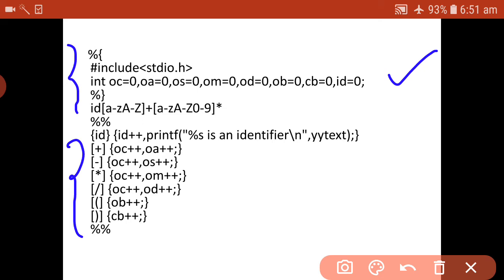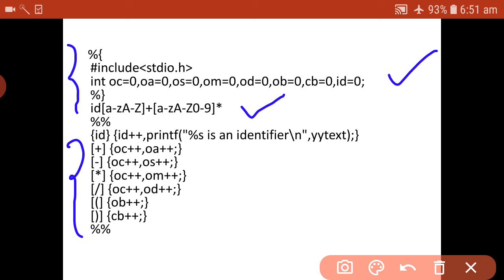And next, for identifiers we are using regular expressions. Here I'm using a to z and capital A to Z, so it takes both lowercase and uppercase letters. I'm using plus and star here. Plus means one or more occurrences. Star means zero or more occurrences.